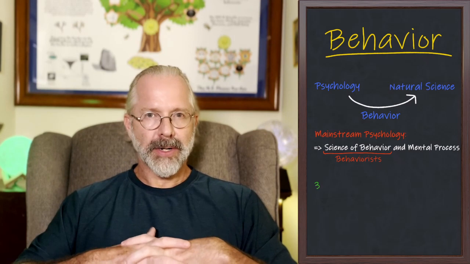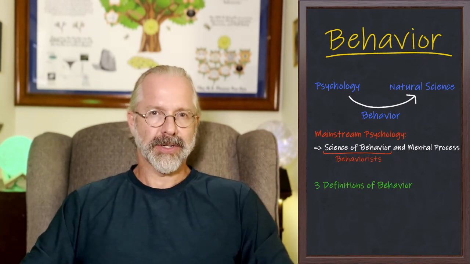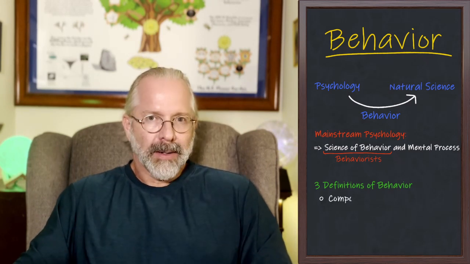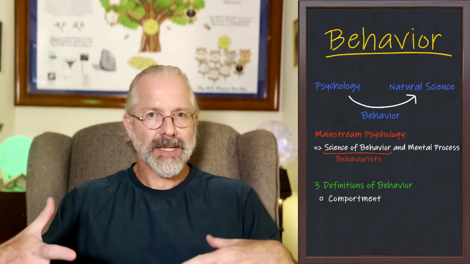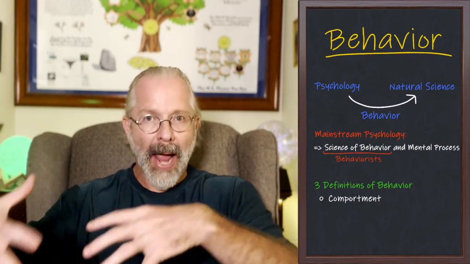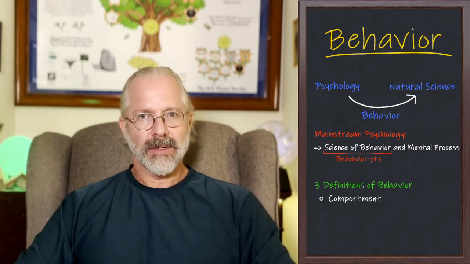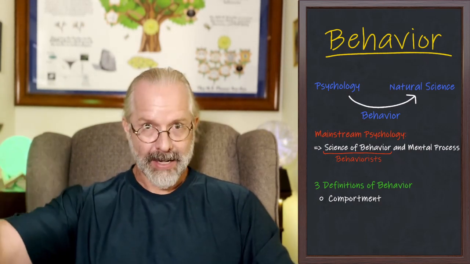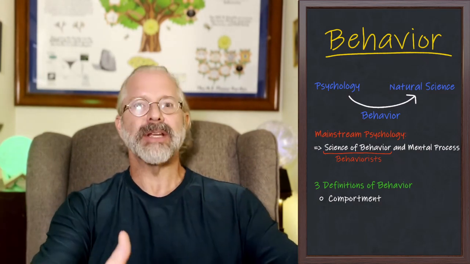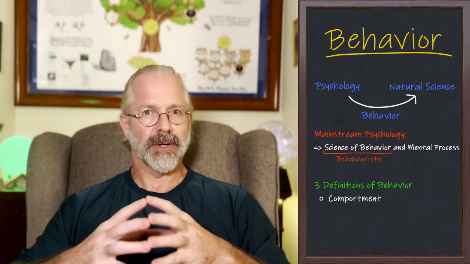When you go to the dictionary, you see that behavior consists generally of three different primary definitions. The first, and its origin, relates to comportment, and that is the idea about whether or not somebody is behaving properly or not. In fact, the word behave relates to having the capacity to behave correctly with a proper comportment. So we could say things like, oh, those kids are behaving so badly, they're unruly. That's the first and most general definition.